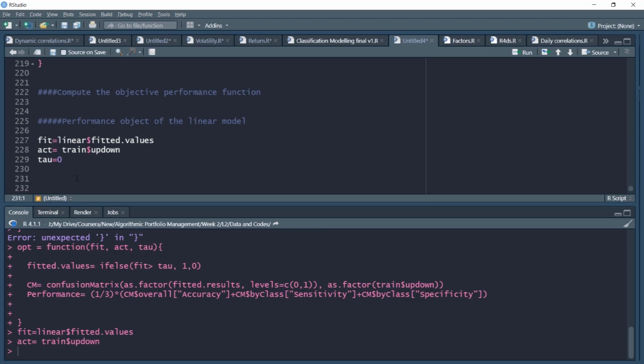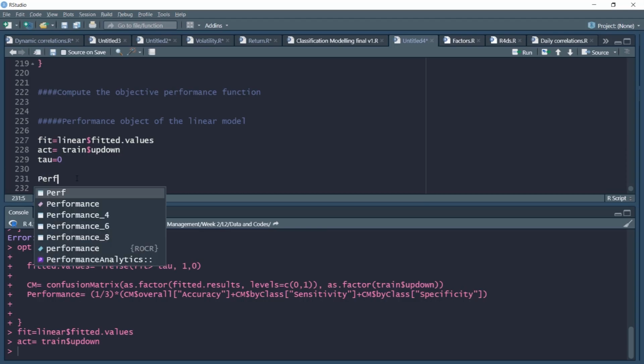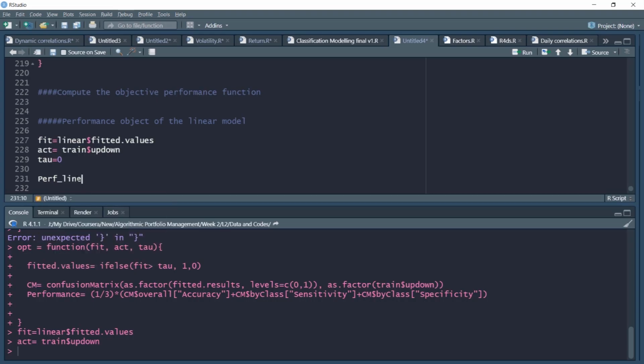And we'll create a performance linear object. So this is our performance linear object where we'll assign the values. Here we are putting the values of tau. So tau we have as a sequence from 0 to 1. So minimum is 0, maximum is 1, and we need to give the length. So length is 1000. So 1000 is the length of our assigned values.